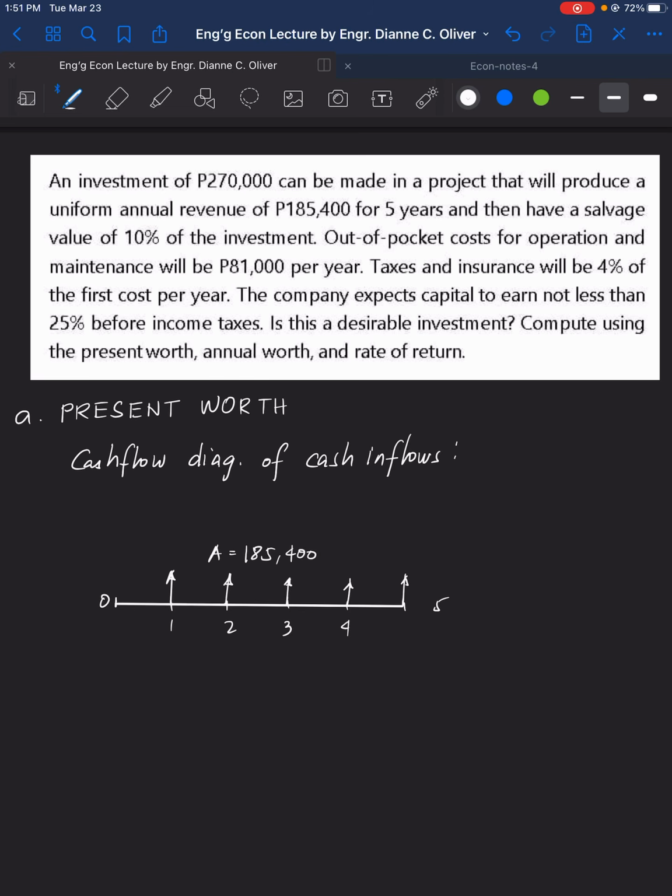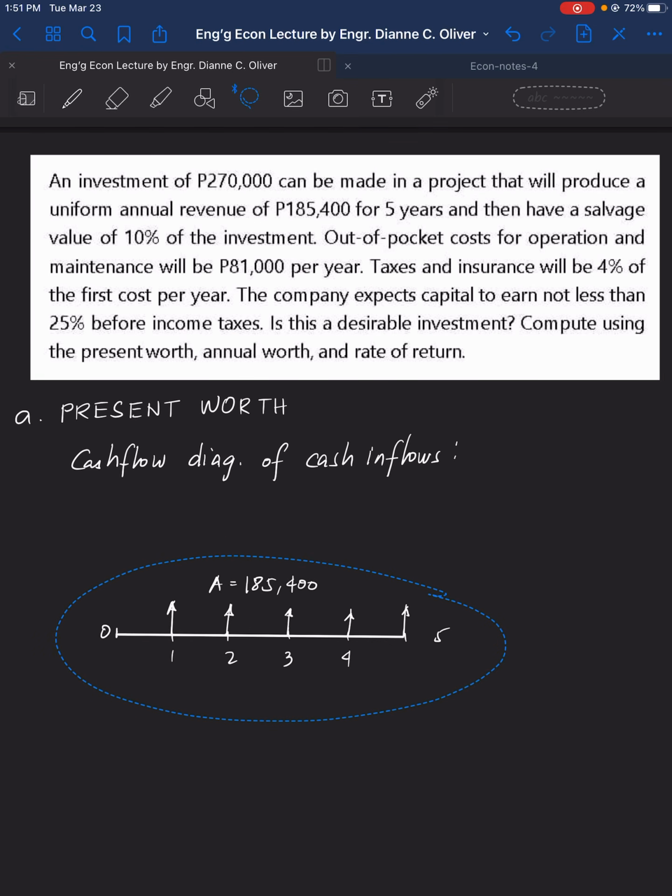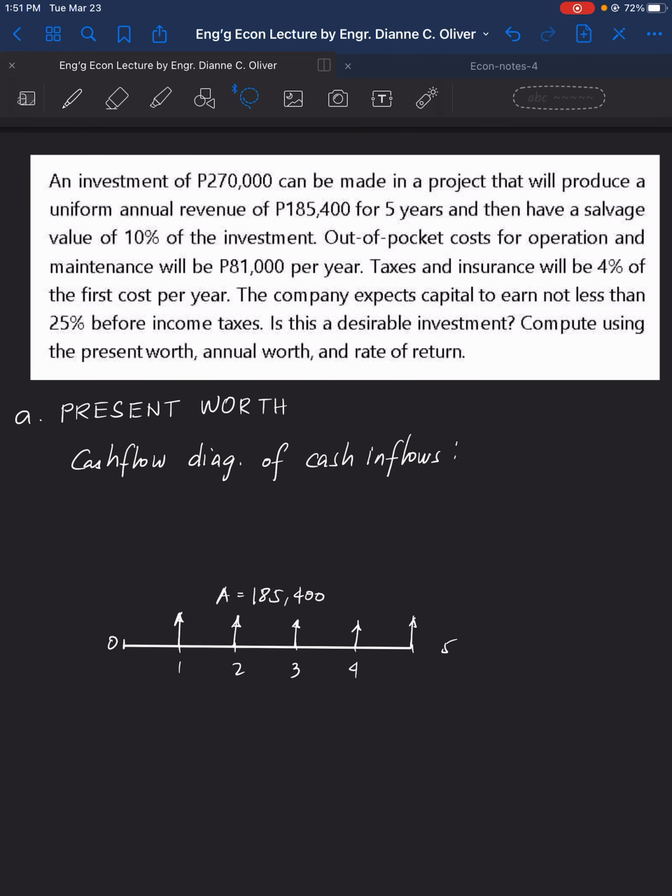Then, another inflow is a salvage value. Salvage value is the last worth of the equipment or anything. So, it is the value that you can still gain at the end of the life period. So, we have here a salvage value of